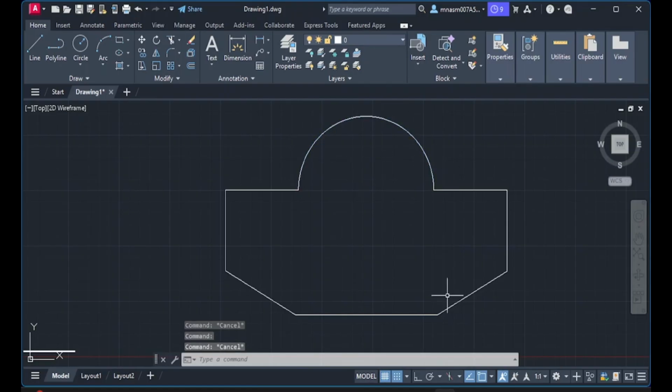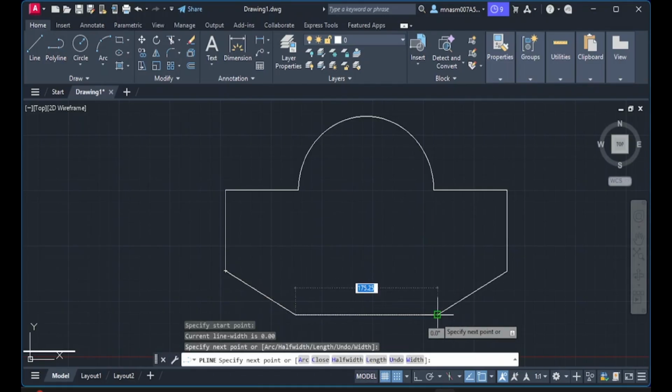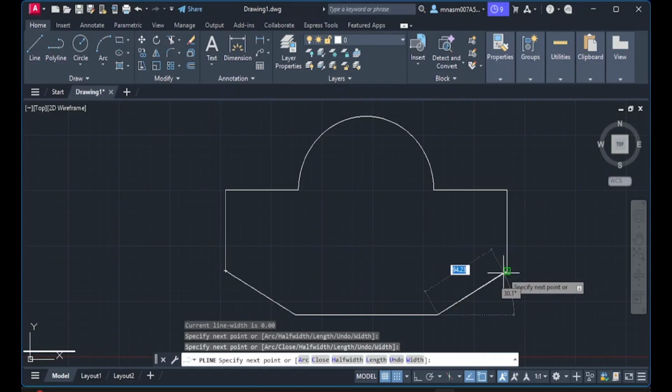Suppose we have this figure here, and we want to calculate its area, so it is difficult to calculate manually. However, we can find it ultimately, but it is difficult, right? But using polyline we can calculate it very easily. Okay, enclosed area. So to start polyline, I click here on the ribbon, okay, and then start from this point, polyline. Now I will choose the next point, then I choose this point, okay, then I choose this point, and then I choose this point,